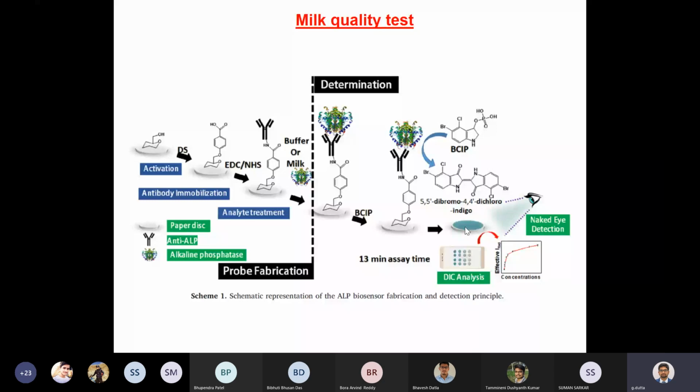See, I already taught you all the basic principle, basic technology, basic fabrication. Now I am showing you the application part. Some paper-based chip, how you can develop a paper-based sensor. On the paper, you can immobilize the antibody. You can drop in one drop of milk, then take the image. You can analyze the image, and you can say how much